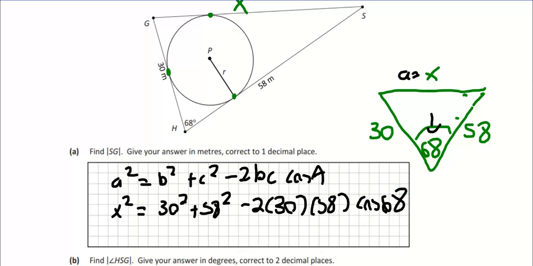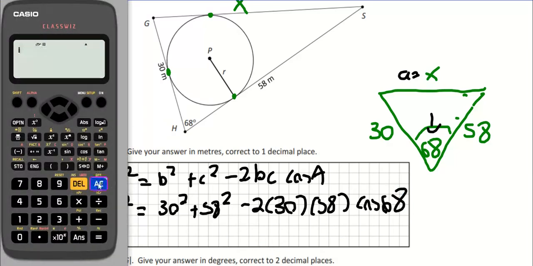Go to your calculator, make sure it's not in radians mode, make sure it's in degrees mode with D on top. You're just going to get 30 squared plus 58 squared minus 2 times 30 times 58 cos 68, and you're going to get